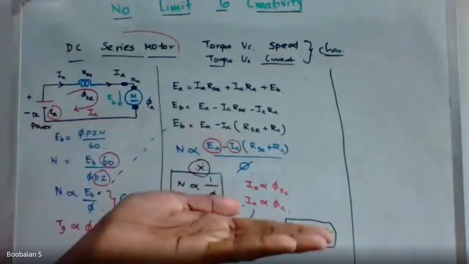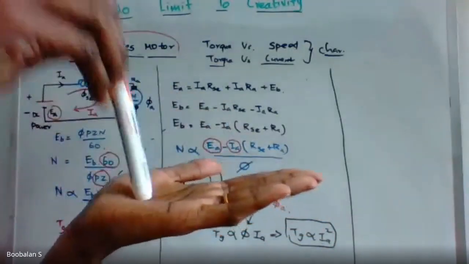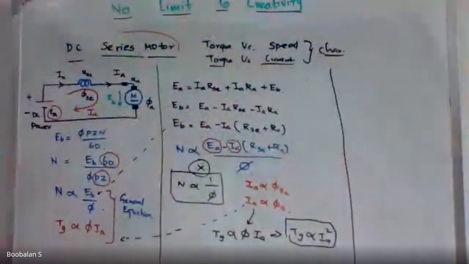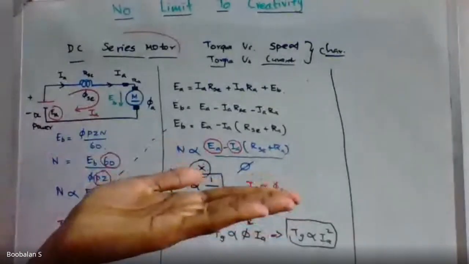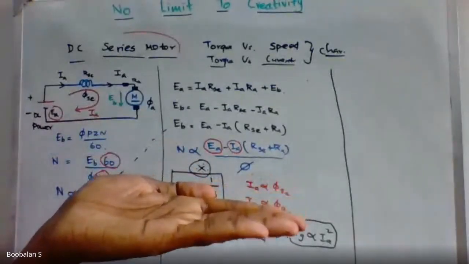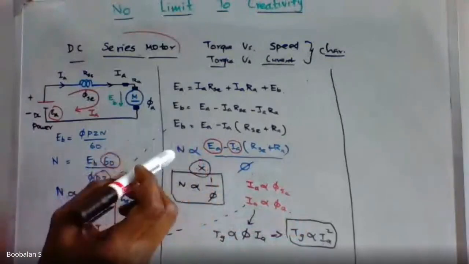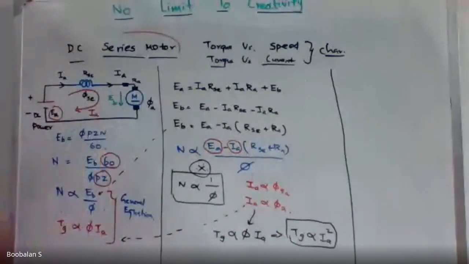There is a concrete bed, and on top of that concrete bed there is a motor. That motor is fitted with concrete bolts, and the rotating part of the motor is connected with my mechanical shaft, right? The motor is now fixed with my mechanical bed, that's called the concrete bed. If I'm not going to apply any load in this series motor, what will happen? The motor is going to jump from that bed, right? That much speed is going to start.